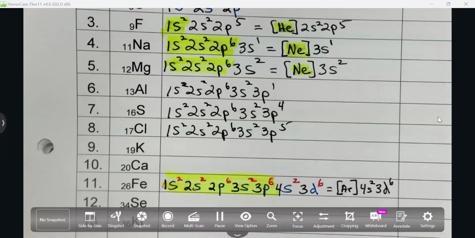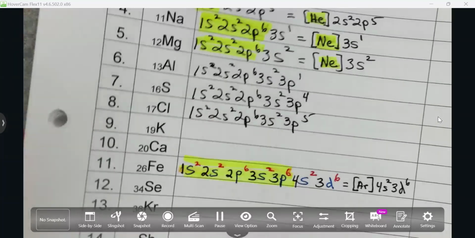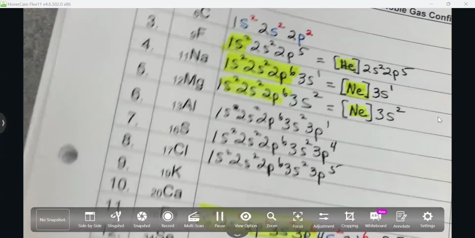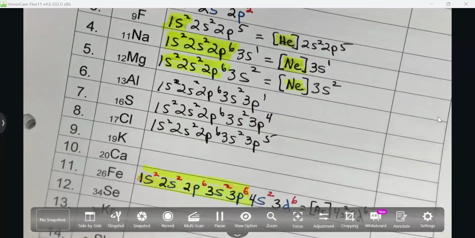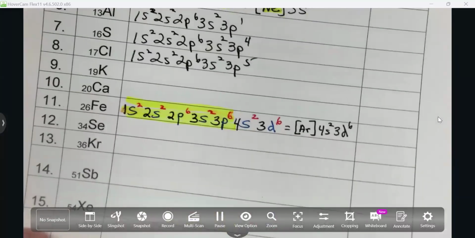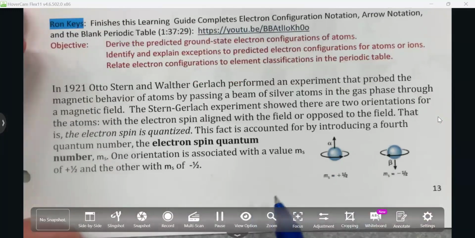On the next page, we're going to do what's called arrow notation. So every electron is going to have an arrow. I need to back up here to page 13. On page 13, at the very bottom,